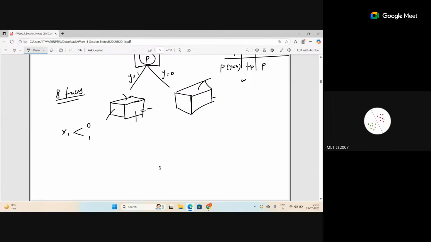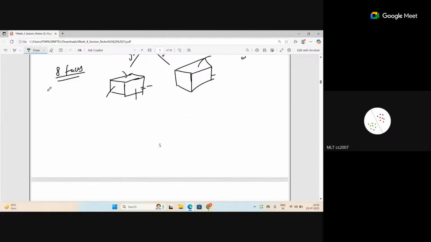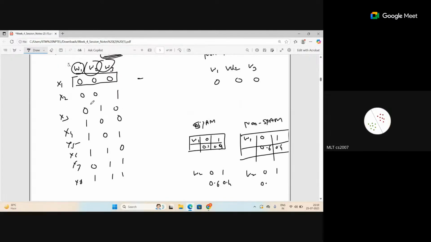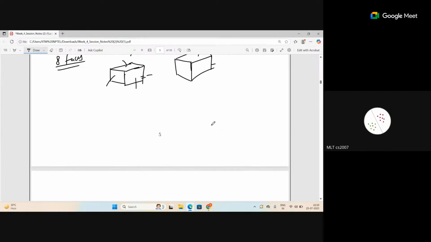Not x1 will have two. Let us say x1 consists of how many words? X1 is considered 3 words, X2 consists of 3 words, and similarly like that. And each X1, X2 will have a different probability. So now if you have xi belonging to 0 and 1 in 3 dimensions, what does that mean?